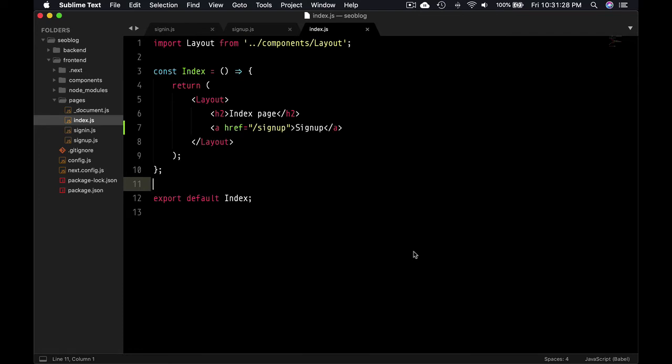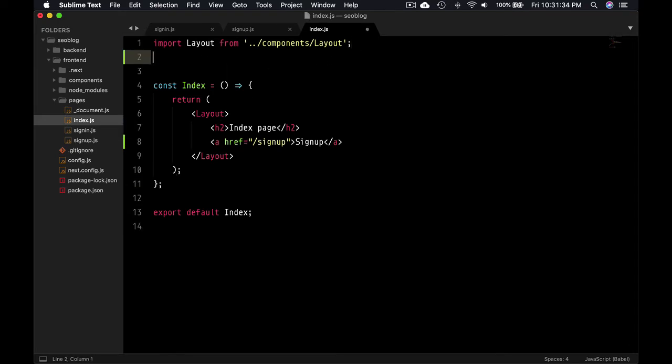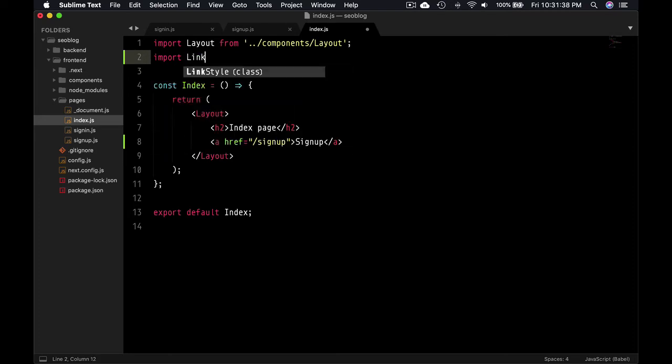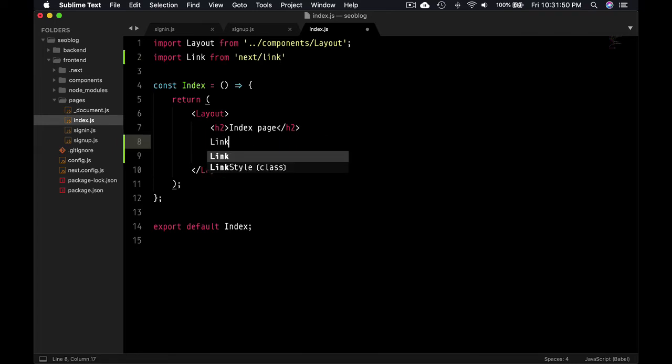So we can do something similar in Next.js. To give that a try, let's bring this link component from Next. Import link from next/link,